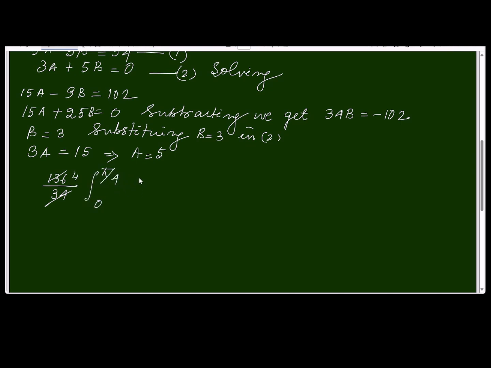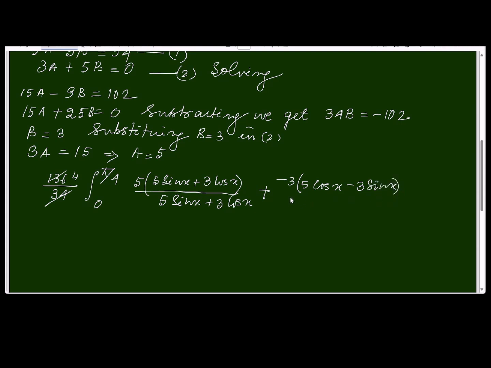First, a is 5 into the same numerator, 5 sin x plus 3 cos x over 5 sin x plus 3 cos x, plus b, b is negative 3 into its derivative, so 5 cos x minus 3 sin x over 5 sin x plus 3 cos x